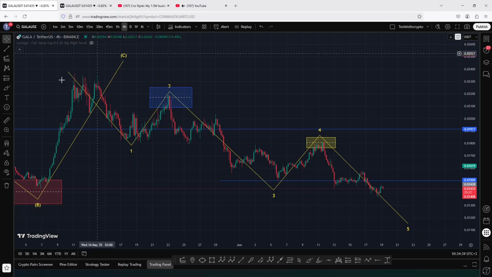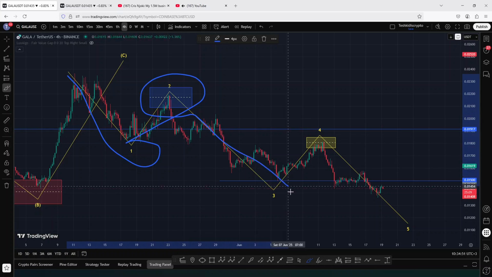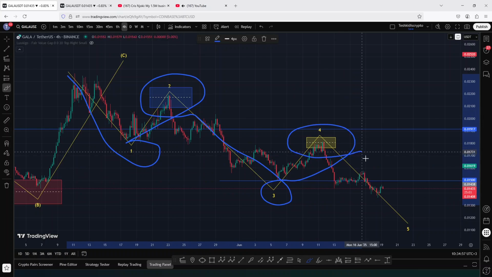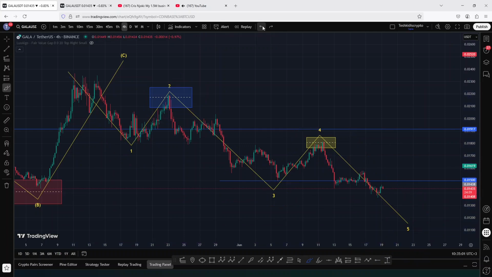from the highs we made up here, where you can see that I have been terming that initial drop as the formation of that first wave. Then we saw a bit of a bounce in the formation of the second wave, so another pullback in the formation of that wave 3, a bounce in the formation of the wave 4, and whatever is playing out is the formation of that wave 5 to the lower side,